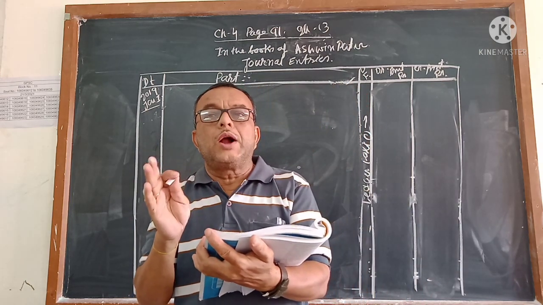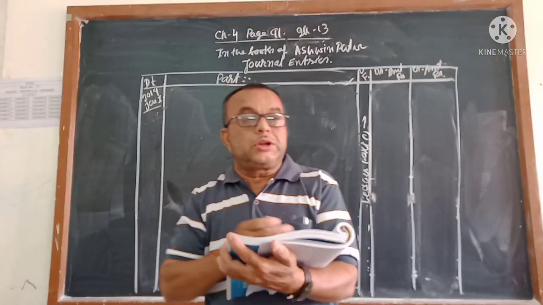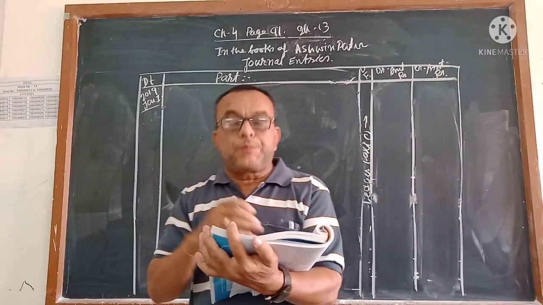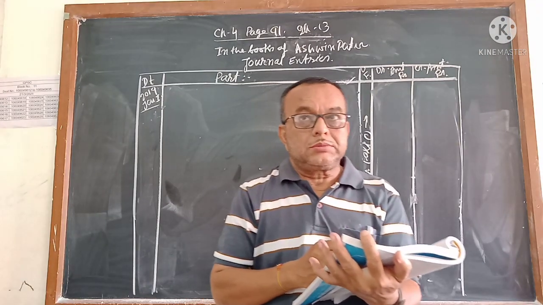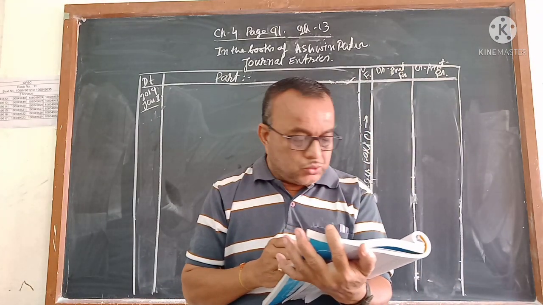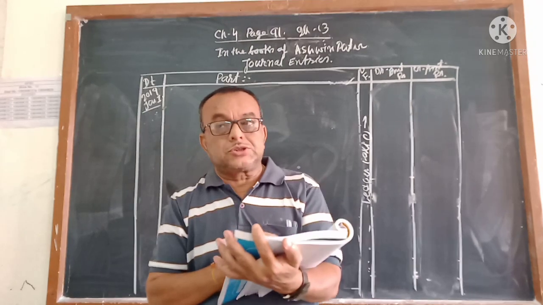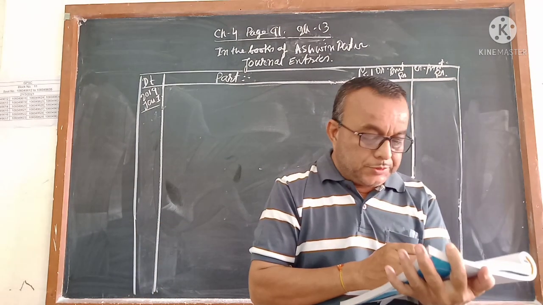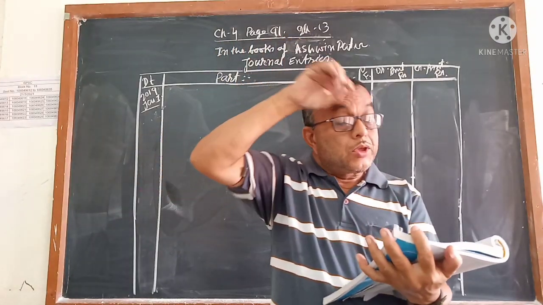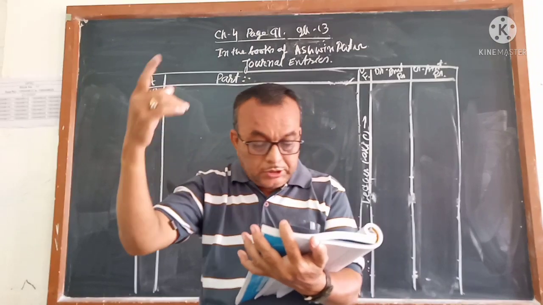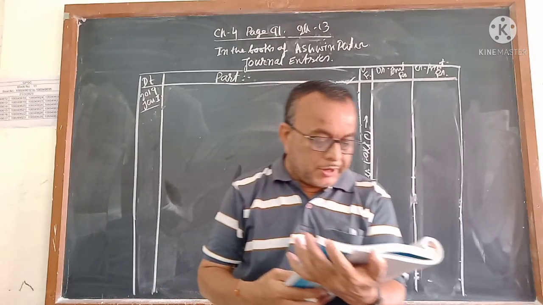keep that in mind. One is you. Who are you? You are Darshan Patel. Where are you? You are in Ahmedabad. And somebody else with whom you are doing the transaction is either in Gujarat or from outside Gujarat, keep that in mind. It is purchased from Suresh Bhai of Surat, meaning Gujarat, and railway freight of rupees 2,000 and labor of rupees 500 are paid by cash. Goods of rupees 10,000 and services of rupees 2,500. When you calculate the amount of GST, you have to calculate it on 10,000 plus 2,000 plus 500, meaning on 12,500 you will have to do the calculation.